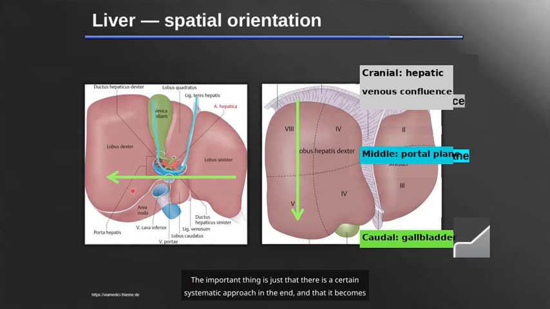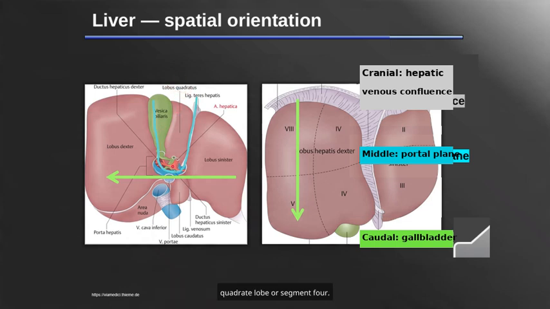The important thing is just that there is a certain systematic approach in the end, and that it becomes possible to cover all individual sections of the liver, which are then also often divided into segments. So here the left liver up to the ligamentum teres, the left lobe of the liver. Then we have the middle segment, the part between the ligamentum teres and the gallbladder, also called the quadrate lobe